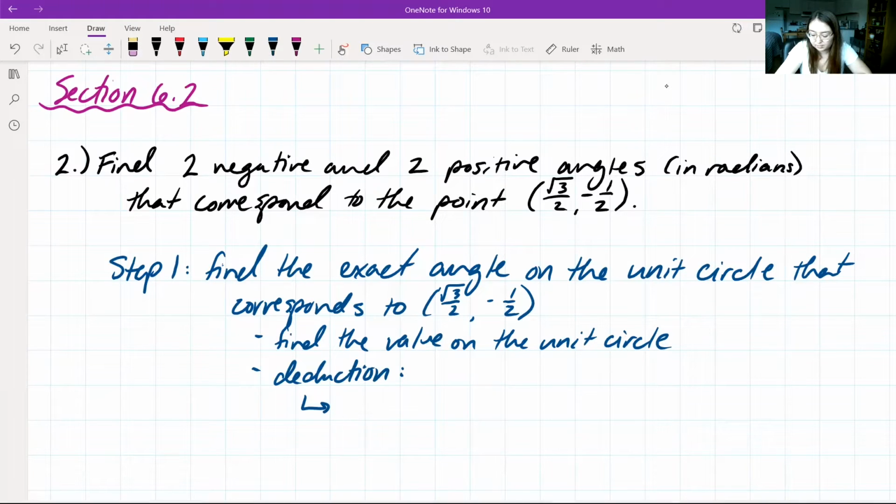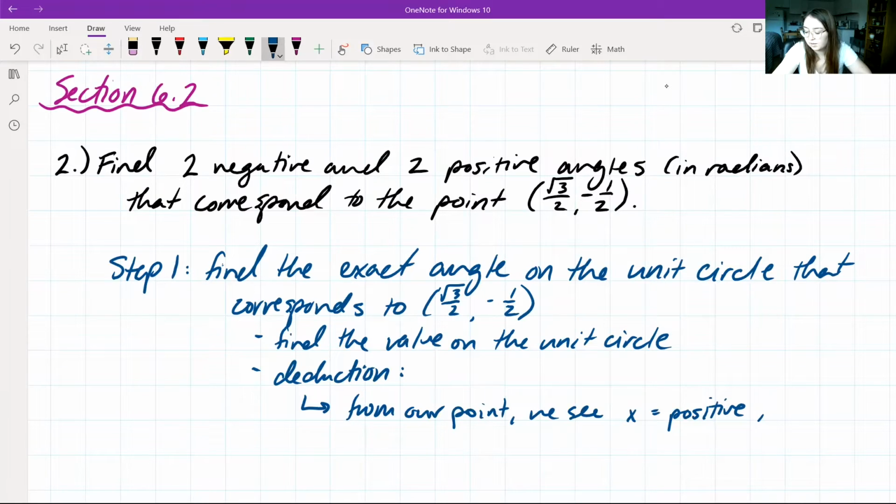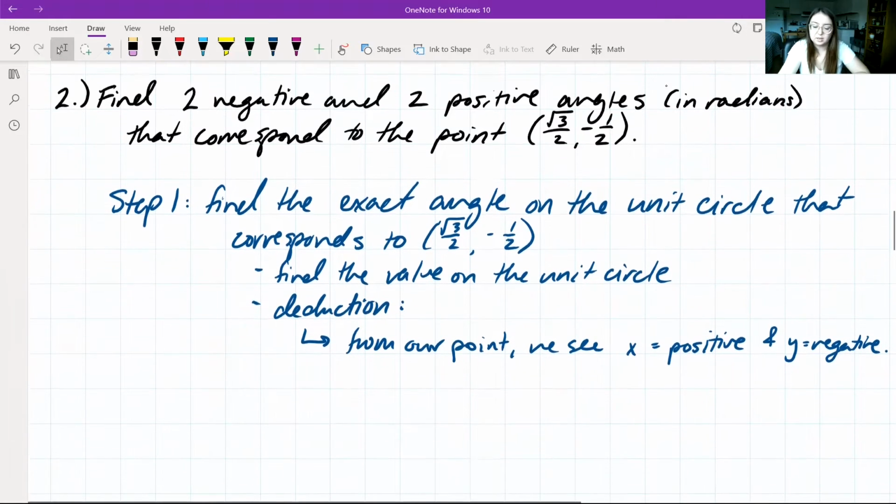So from our points, we see x is positive and y is negative. This is telling us that cosine is positive and sine is going to end up being negative. But what we really want to know is what quadrant this point is actually going to be in. So if we see that x is positive and y is negative,